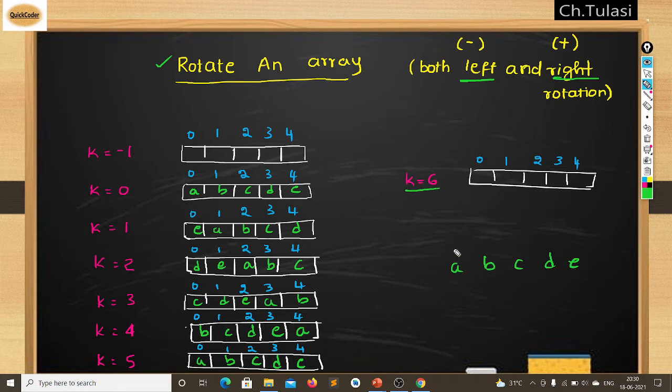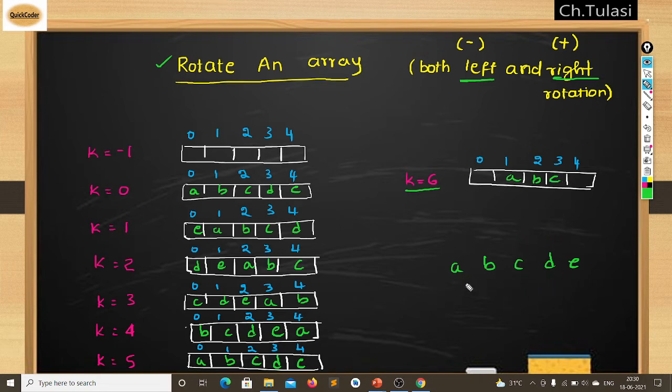Okay, let's take if my k is equal to 6. What happens? A goes 1, 2, 3, 4, 5, 6. Means A comes here. Let's take B: 1, 2, 3, 4, 5, 6, B goes here. Again let's take C: 1, 2, 3, 4, 5, 6, C goes here.